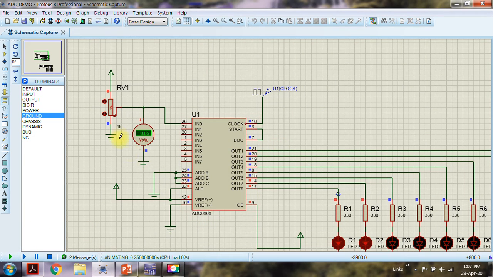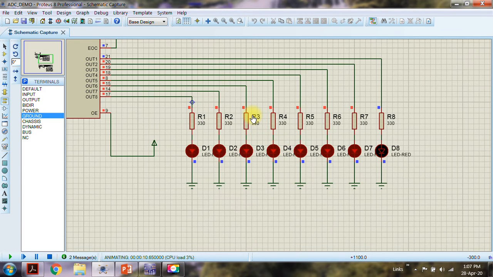Again, you can verify what is the code over here, corresponding to 2.5 volts. The only difference is that here we have the MSB here. Okay, just the way of connection.